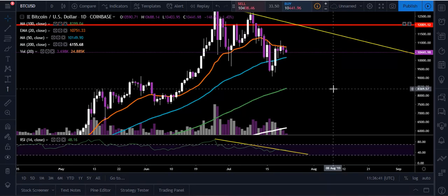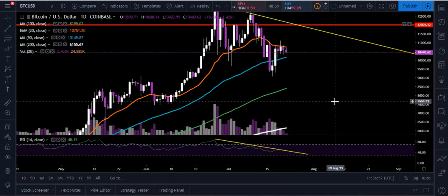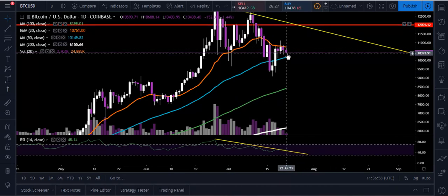Now, we can't say if it's going to be to the upside or the downside. We're going to have to wait for that confirmation. But we're seeing all the signs. The candles are getting small. The volume starting to tail off. As you can see, the volume starting to decrease right there. And that's what happens before we have that breakout. Am I saying it's going to happen today? I'm not, because, guys, we could have another day or two where we have small candles in here before we